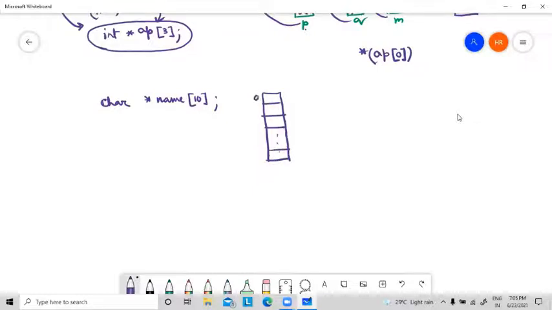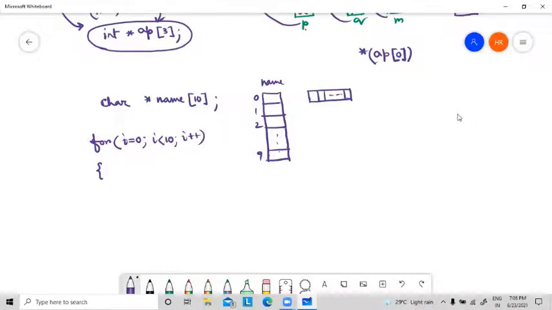Like this, 0, 1, 2, up to 9. This is name. Okay. Then I will allocate the names one by one for i equal to 0, i less than 10. I already know the size, the number of students. Okay. But I don't know the name size. This one, the column, is not known.